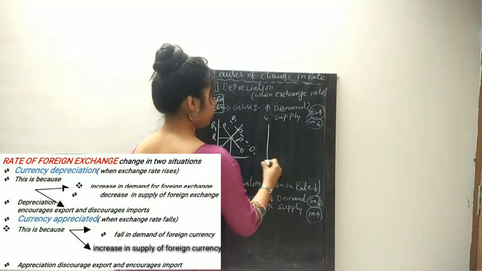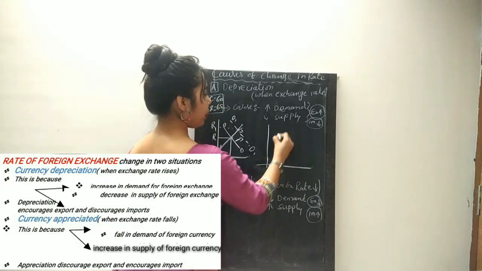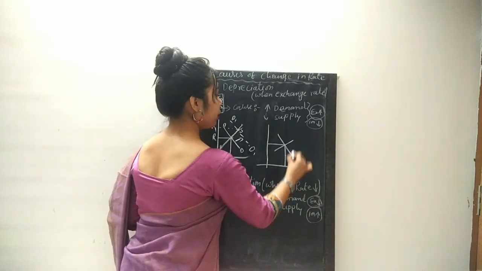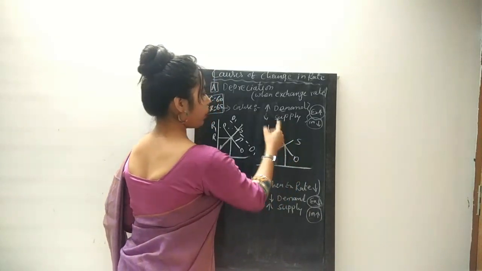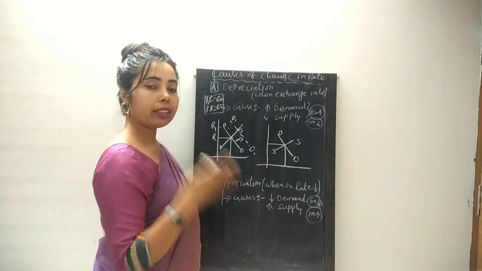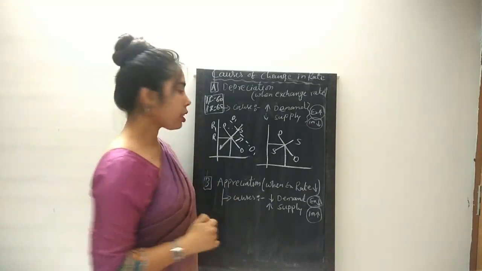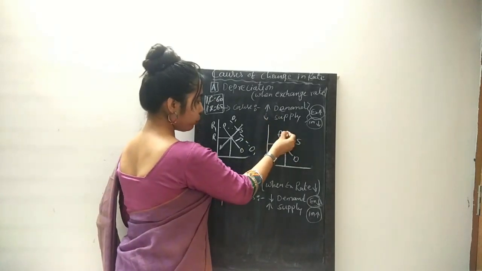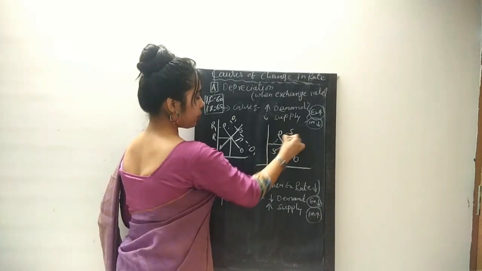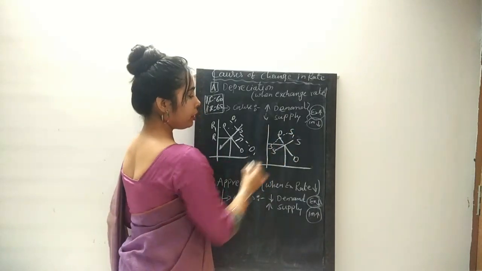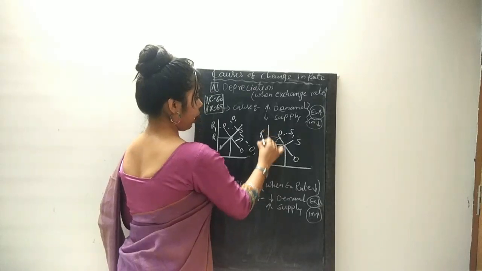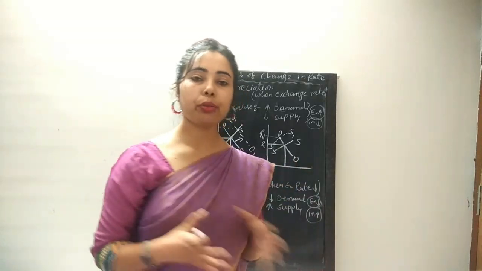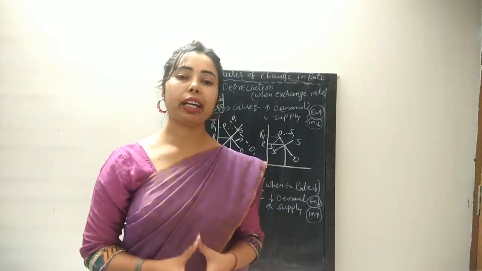And the second scenario is when it happens due to a fall in supply. So again, I am determining the foreign exchange rate. This is the demand curve, this is the supply curve. Now what is happening? When the supply of foreign currency decreases, what is the movement of the curve? It will be an upward movement. So here the supply curve I am drawing is S1. Now again the intersection point is this one, so here R1 will be more. So in both scenarios, the exchange rate is becoming high.